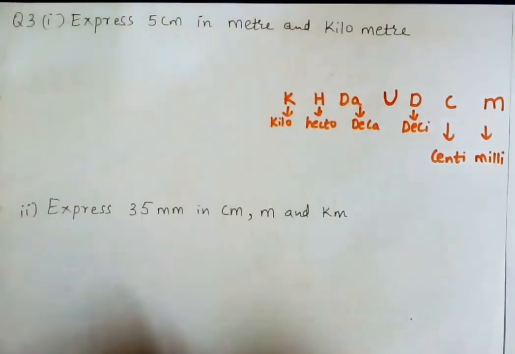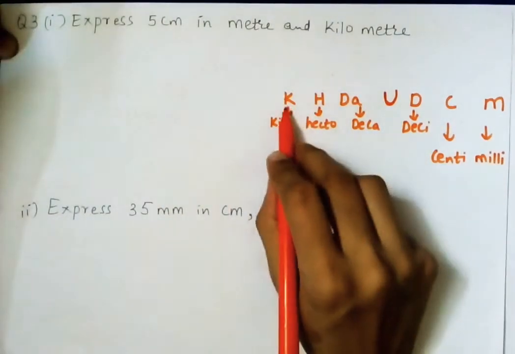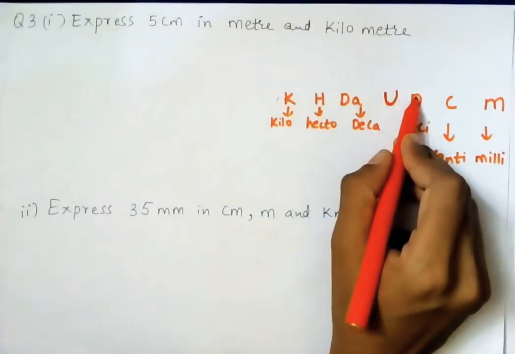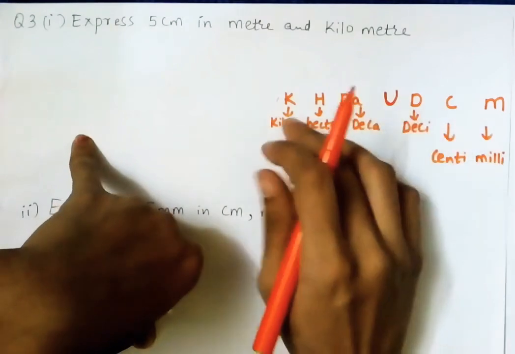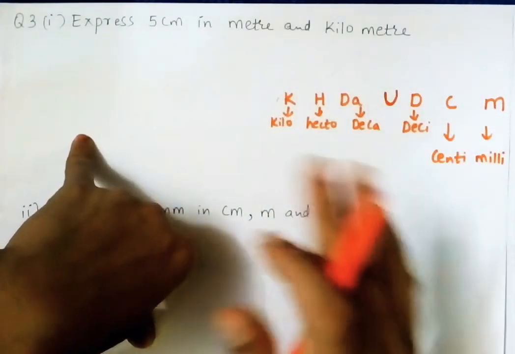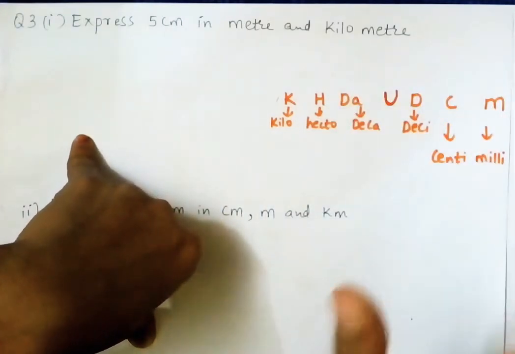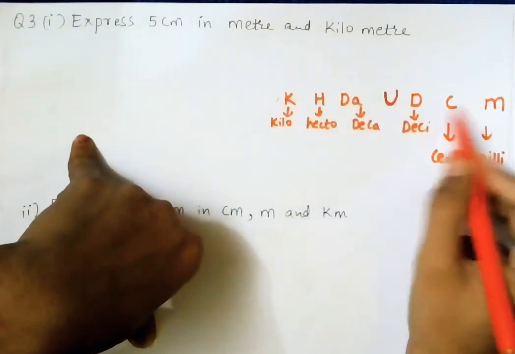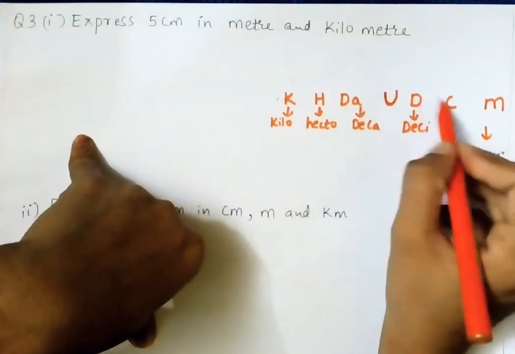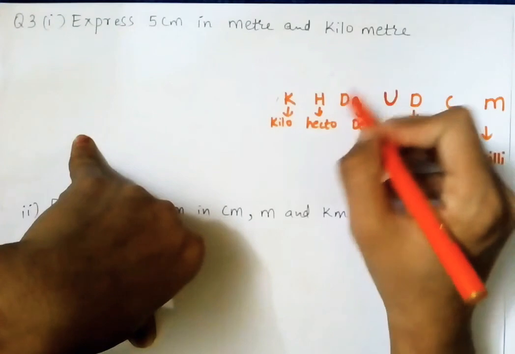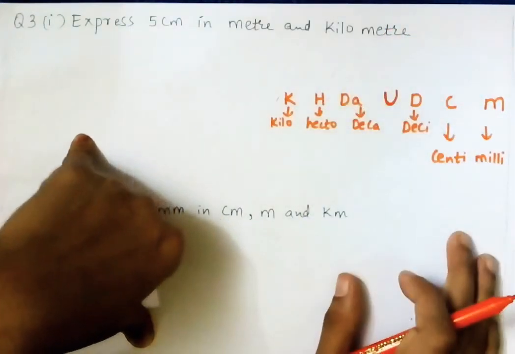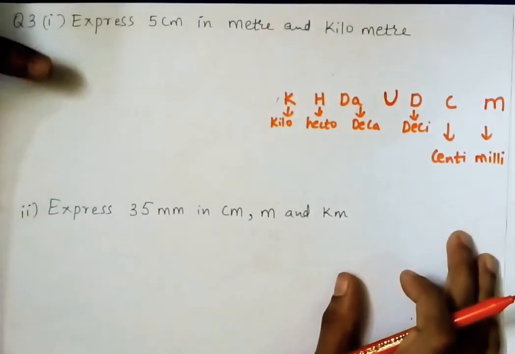Now in this, suppose you are converting from kilogram to decigram, it means you are moving right side. So whenever we move right side, we multiply. That you need to remember. If something is given in centimeter and you are converting to decameter, it means you are moving from back to front. So in that case, you will divide. This you need to remember.